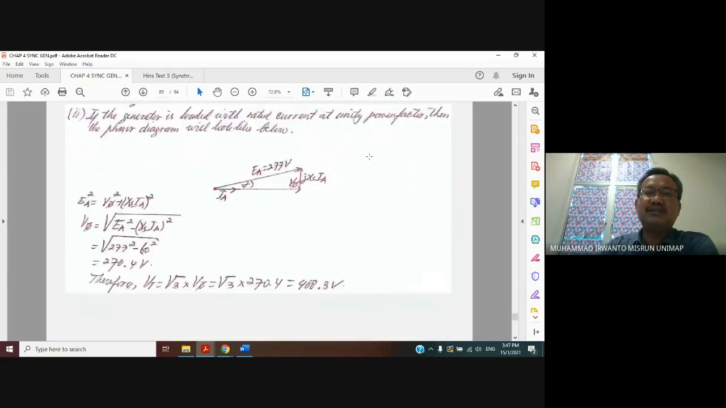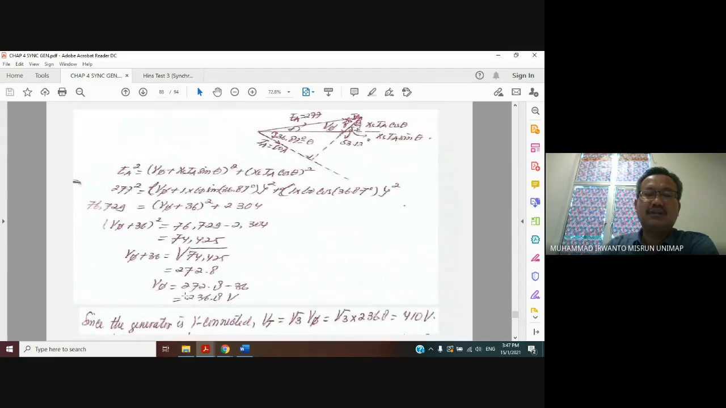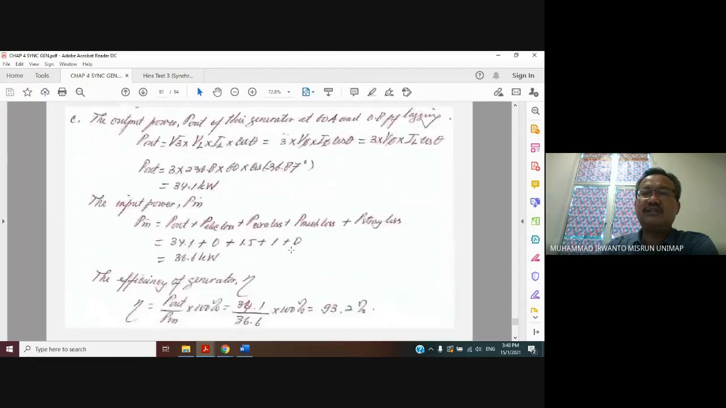Which one was it earlier? This one, 336.8. And then line current, because why? Line current is equal to phase current, they are the same, 60 amperes, here it is. Then cos theta,